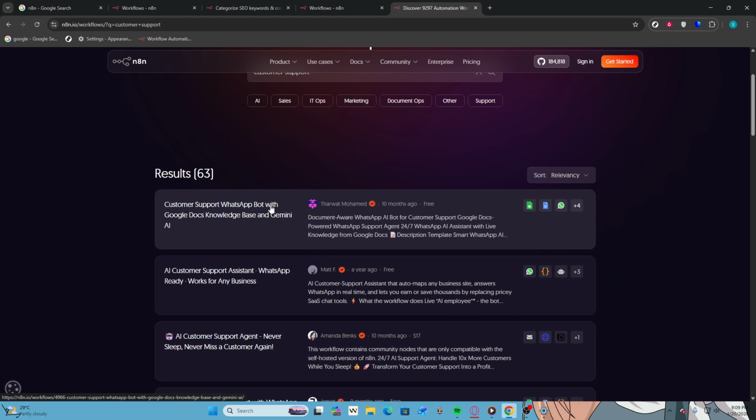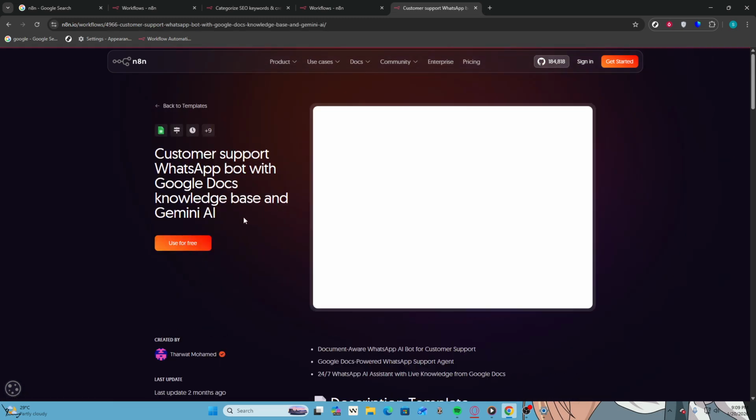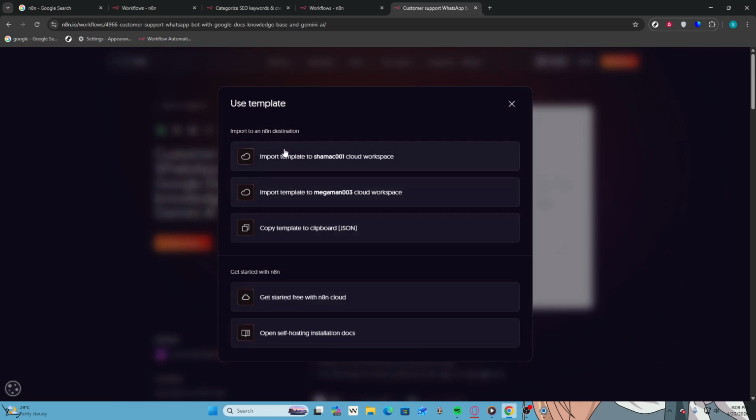Once the templates page loads, find and click on the Use for Free button. This action enables you to start working with the selected template without any cost. The system may take a moment to process your request, so be patient as it prepares the template for your